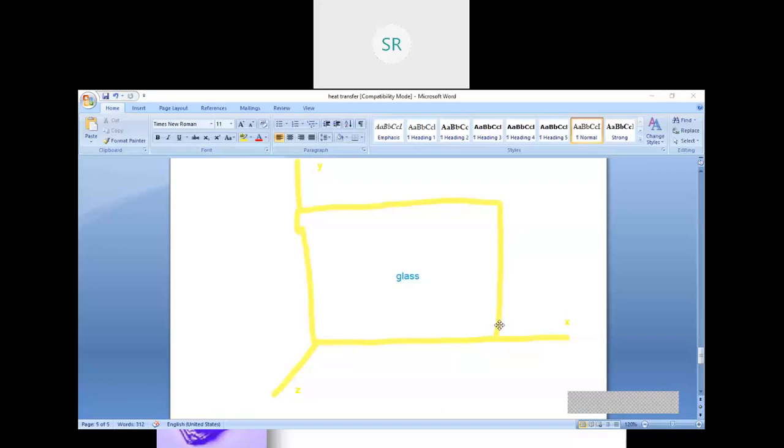In non-isotropic, that is anisotropic material, the chemical etching may not be uniform. For example, here it may not be proper, my chemical etching may not be proper. Similarly, here the chemical etching may not be proper.